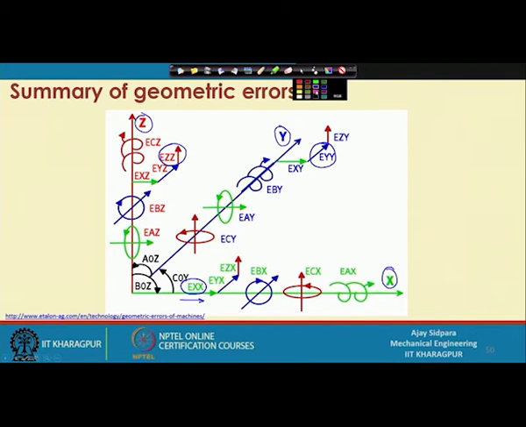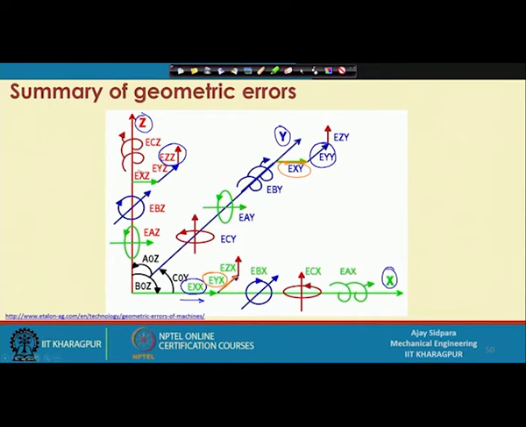Now, we continue with translation and see what other things are there. Now, coming to when you are moving your slide in the x direction, but you get some motion in the y direction also. That is called error movement in the x direction, but error in the y direction. This is the y direction that is parallel to this y axis. That is why it is showing this arrow. Now, in the same way, your error in the x direction when you are moving in the y direction. So, this particular axis is parallel to the x axis.